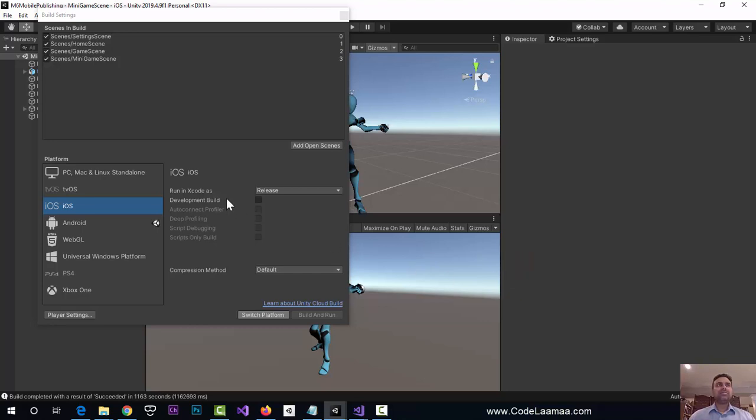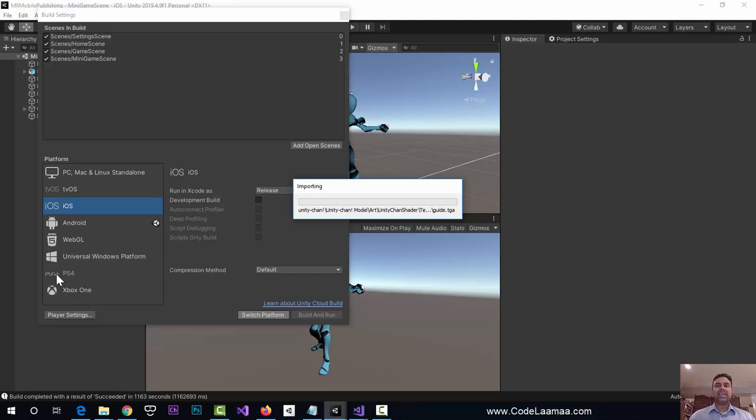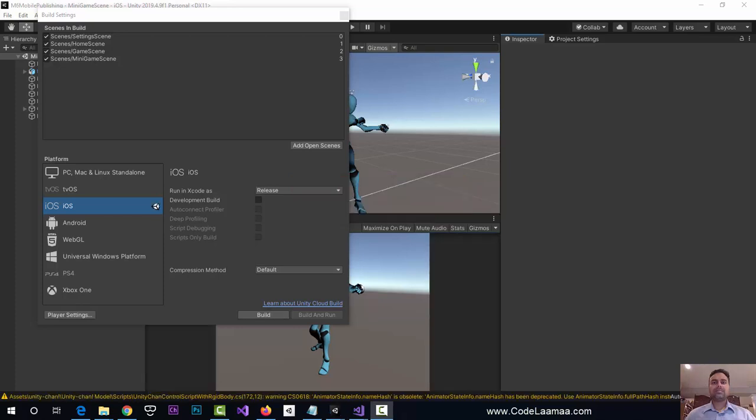All right, so what it's going to do right now is it's going to re-import the entire project, which will take a bit of time. So I'll fast forward ahead and we will reconvene when it's done importing, and we'll look at the settings again. But the settings are pretty well the same, except for some major Android specific differences. So you'll see that publishing for iOS is a little bit less work than Android. All right, so now that it's finished,